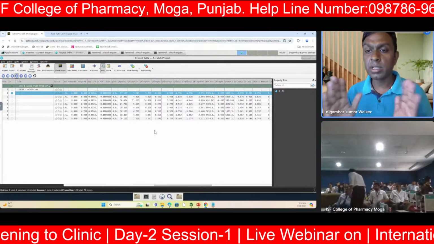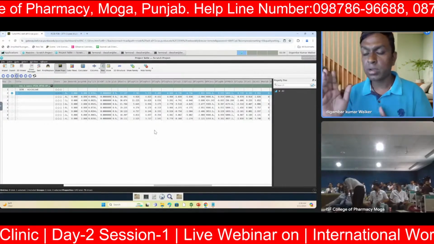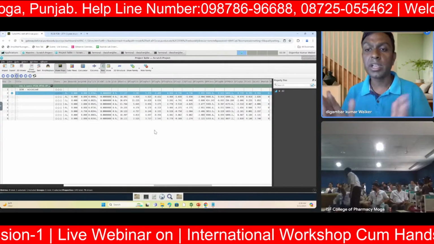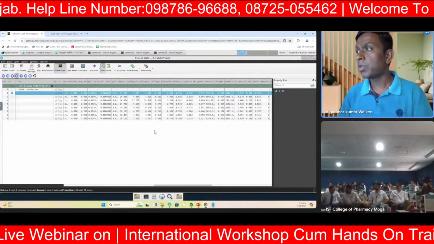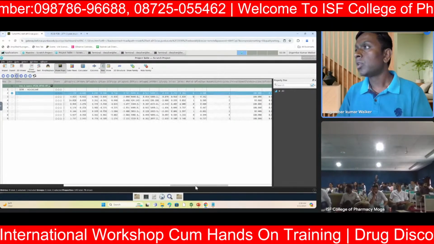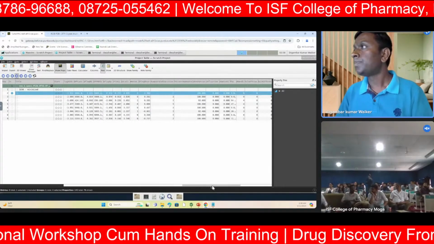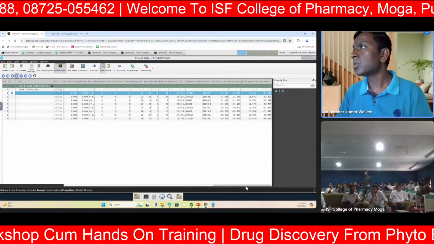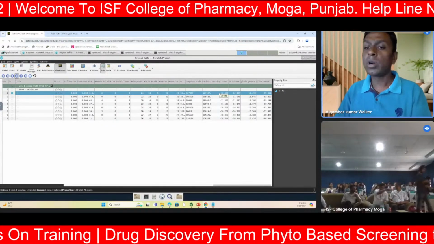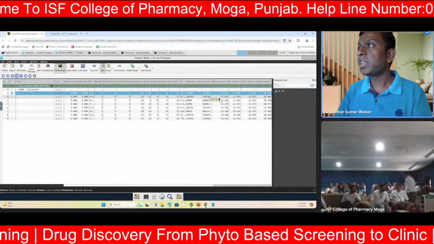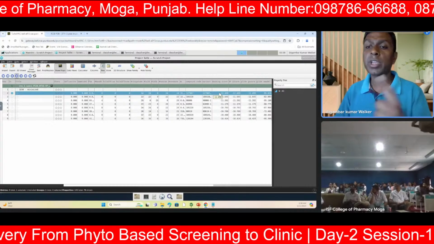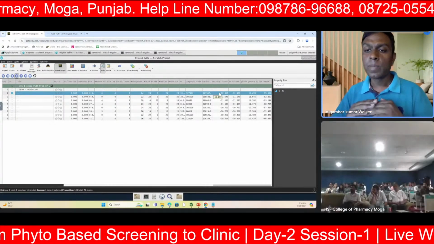if you are not considering the Lipinski rule of 5, there may be a probability that your compound cannot be a lead-like molecule. So you will have to always consider these few things. If you go to this side, you will see the different parameters. First, I would like to show you the Glide score or the docking score for the compound that I am getting here, which is my first hit molecule, and it is showing docking score -12,